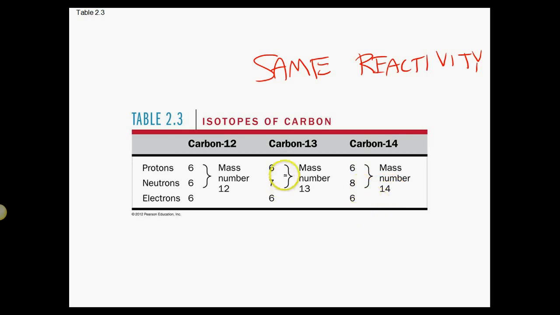We've got 8 neutrons, so that totals 14. P.S. If you've got a neutral element or neutral atom, your protons and electrons will always be the same. That's just a side note. But as far as isotopes are concerned, what we're really concerned with here is that protons are the same all the way across, but neutrons can change. Some of them you'll see that the number of neutrons may be less, but it doesn't matter. It just means that we can change the number of neutrons and it has the same reactivity.